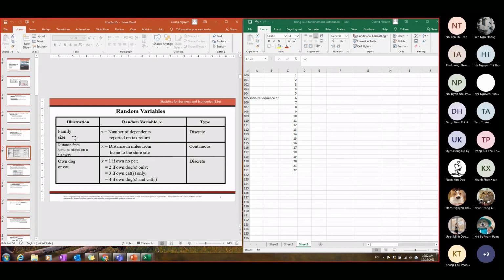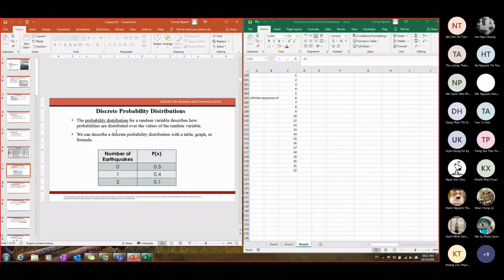Okay. This could be another example. The distance. So they say about family size, number of the people, right? Number of the people in the families. That will be like 1, 2, 3, 4, 5, 6, 7, 8, 9, 10, something like that. But they will be have the discrete variable. But however, when you talk about the distance from a home to a store in a highway, so from our house, right, into the highway, it can be whatever in the like kilometer. It can be 1 kilometer far away from our house, but it may be like 2 kilometer, but like 1.55, 1.51 kilometer, that'd be fine. So they have a kind of like continuous variable like that way.